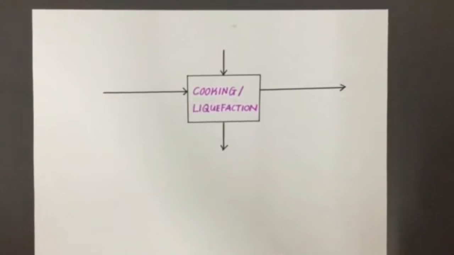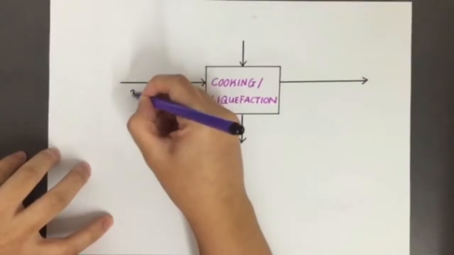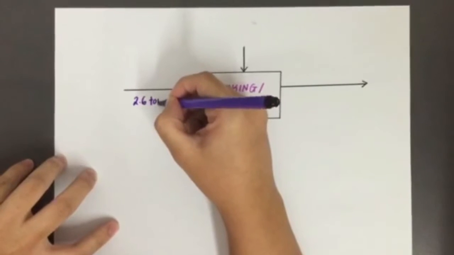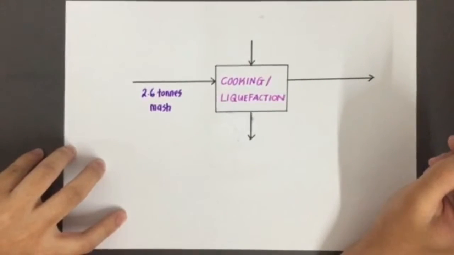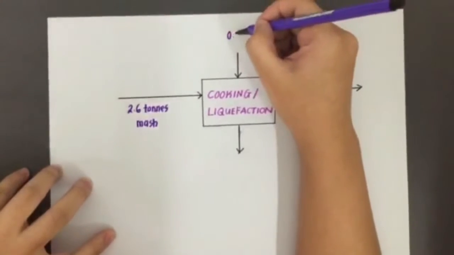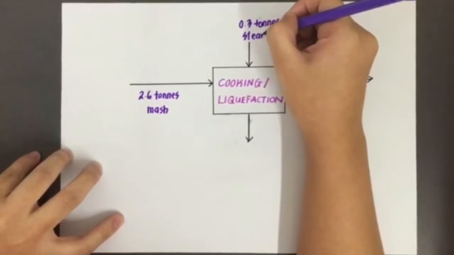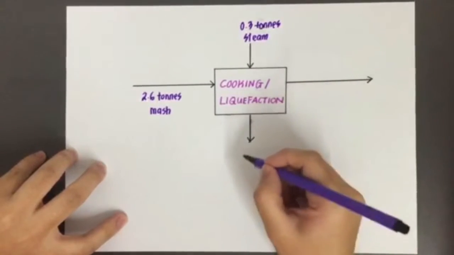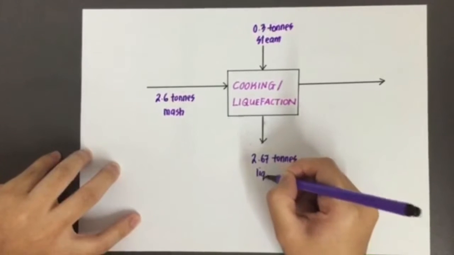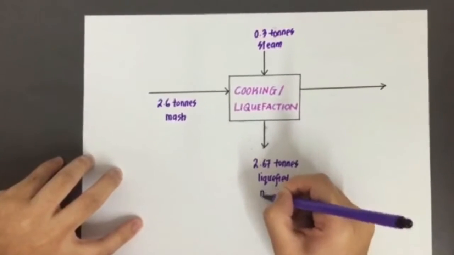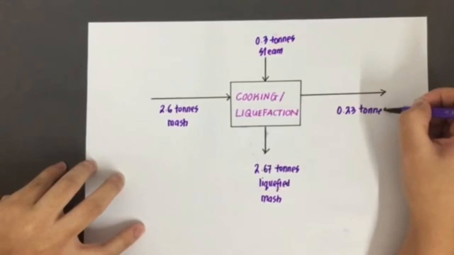2.6 tons of mash produced from the previous process, which is mashing, is fed to the liquefaction column together with 0.3 tons of steam, thus producing 2.67 tons of liquefied mash and 0.23 tons of wastewater